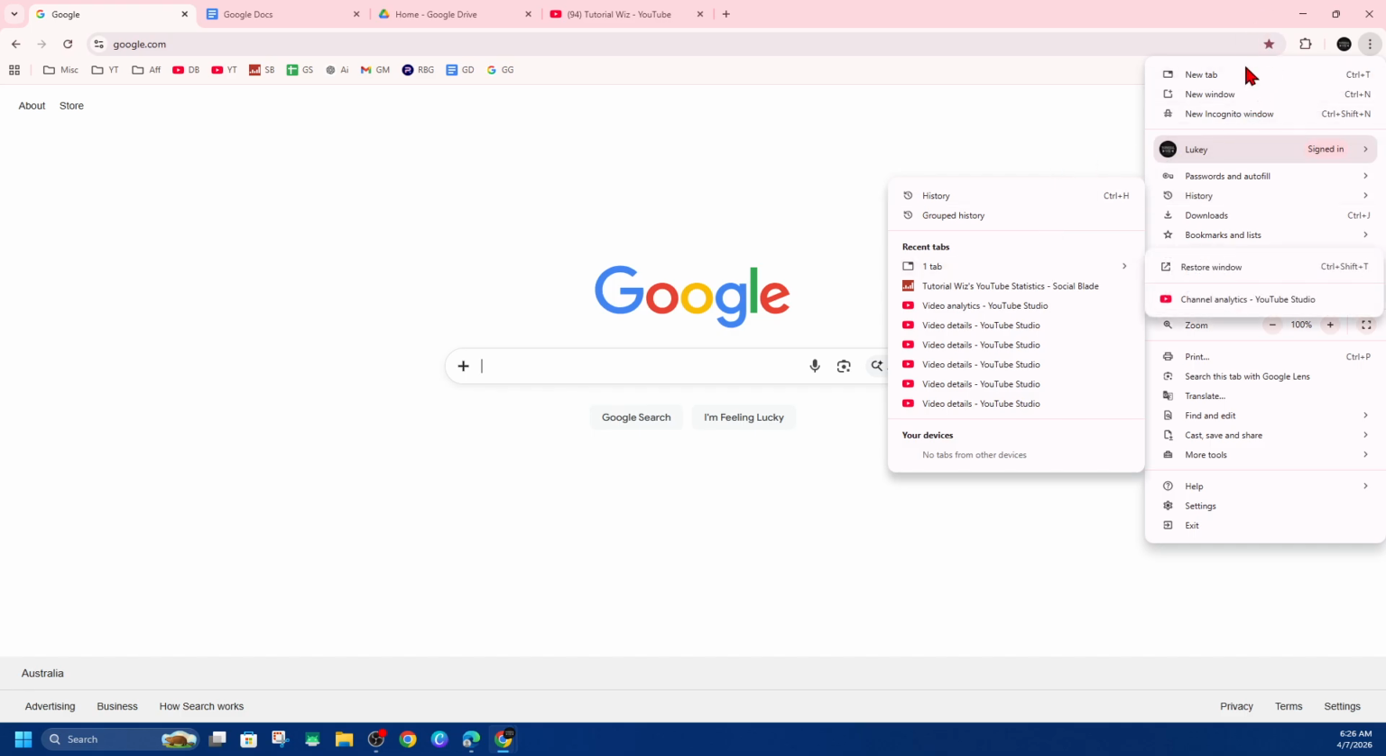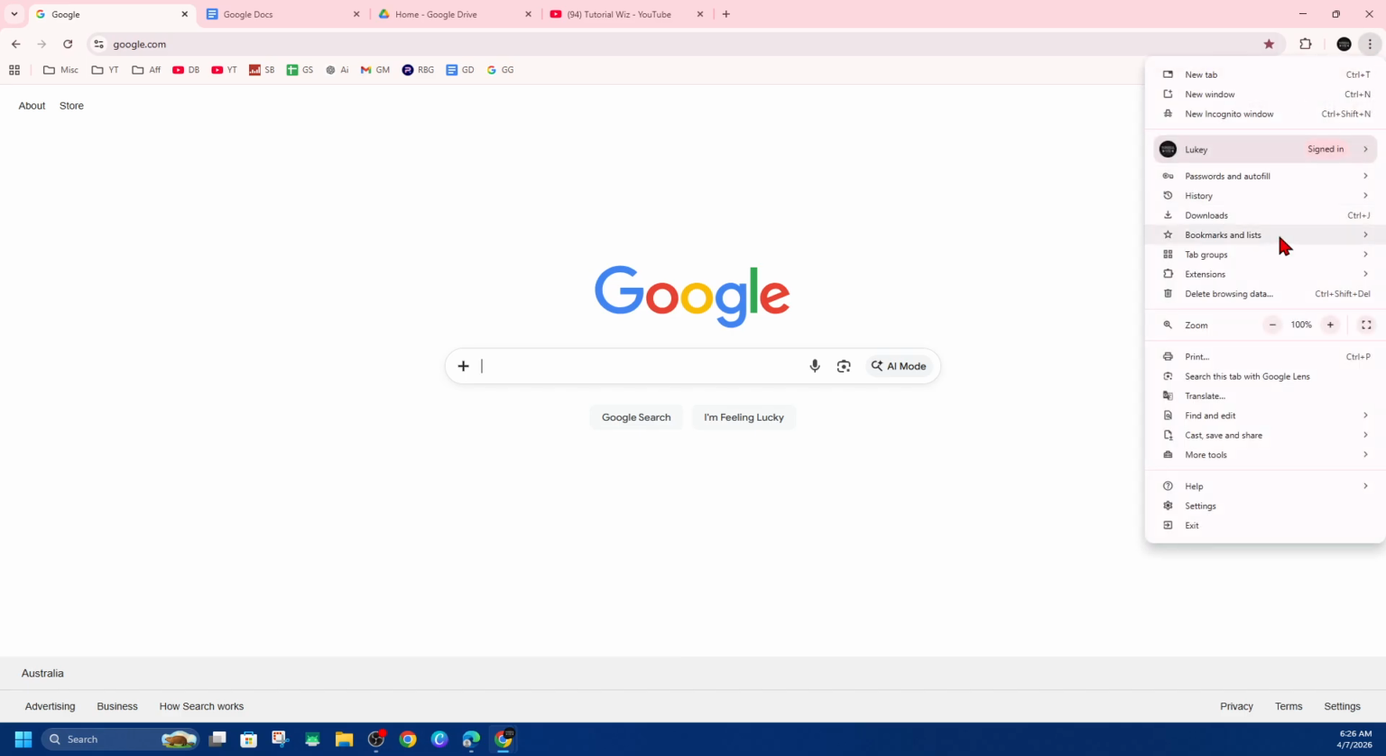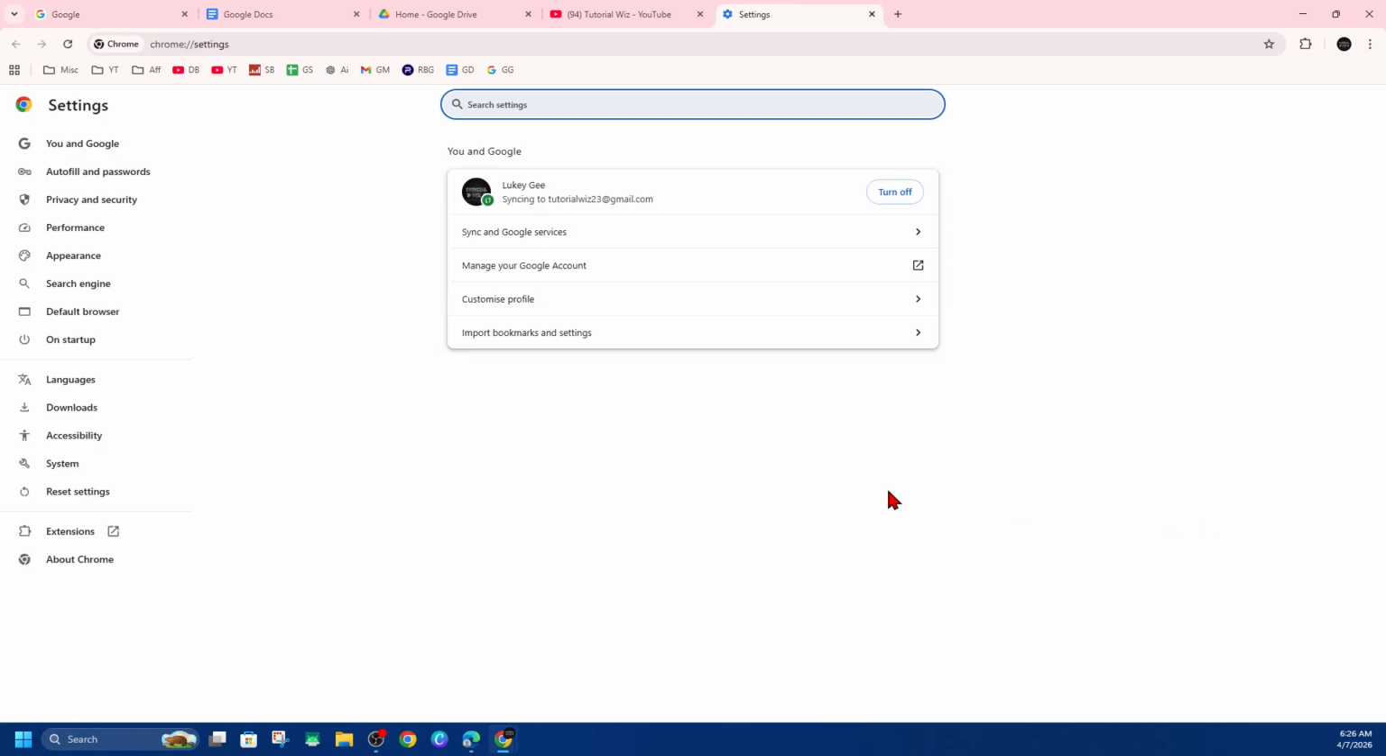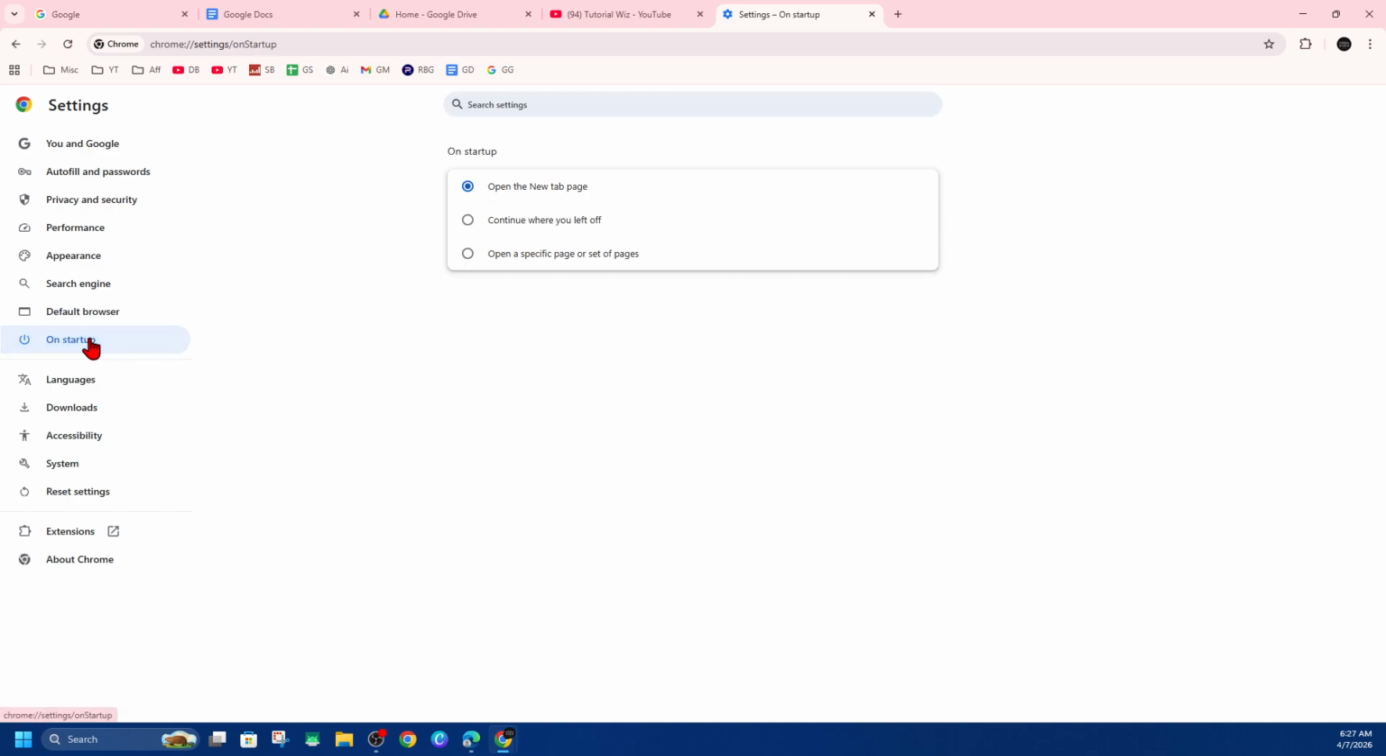So to fix this, we want to go ahead, click on the three dots, click onto settings. Then from here on the left hand side, on startup, it will say open the new tab page, continue where you left off, or open a specific page or set of pages. So if we check continue where you left off, now if I close out of Google Chrome, and if I